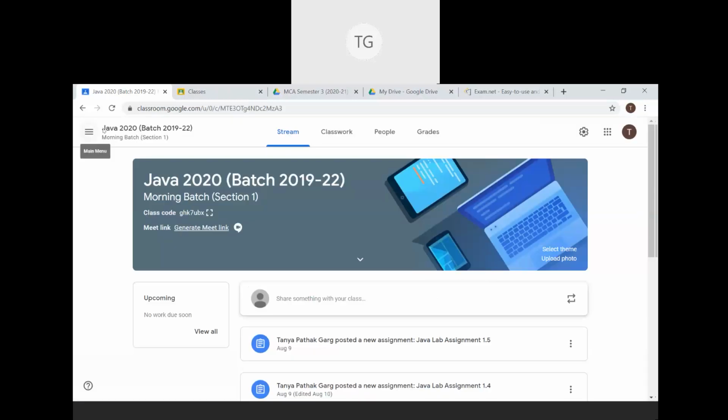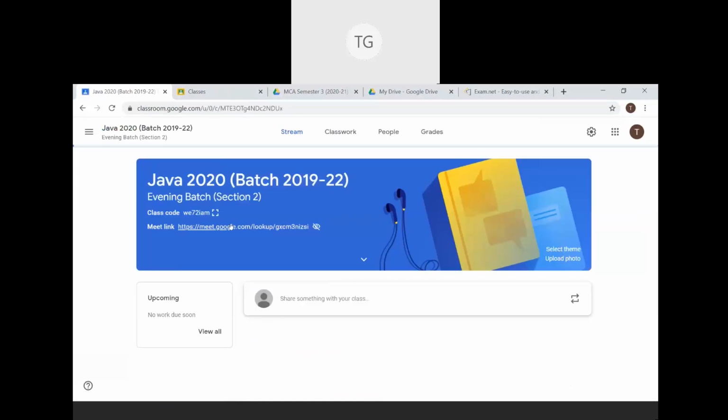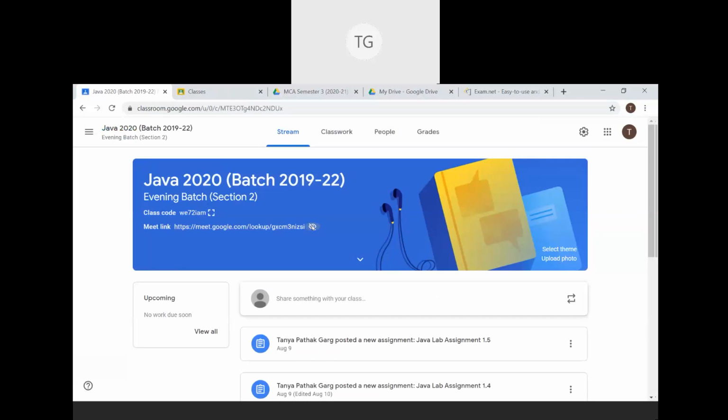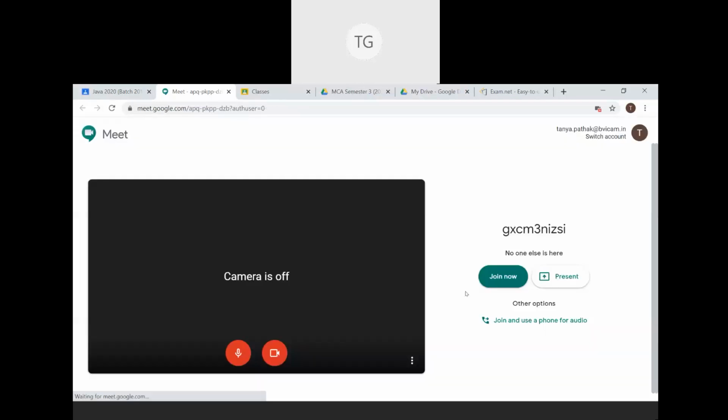I'll show you. See, I generated this meeting link and I made it invisible to the students. I can later turn it on. If you click on this meeting link, it will redirect you to a Google Meet meeting, right? It'll ask you for certain settings, privileges, camera, microphone to be on. So all students can directly access this meeting from the Google Classroom page. So you have a Google Class, which is like a one-stop solution for your synchronous and asynchronous needs.